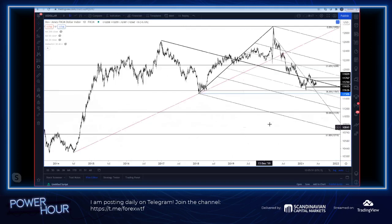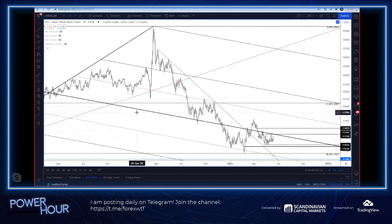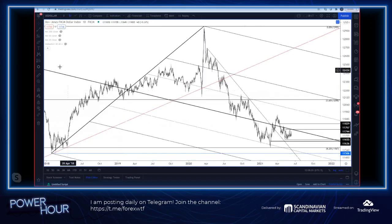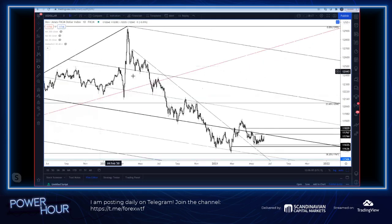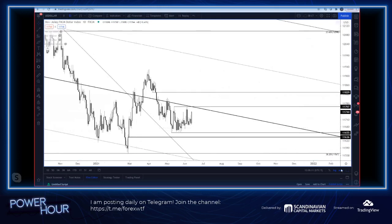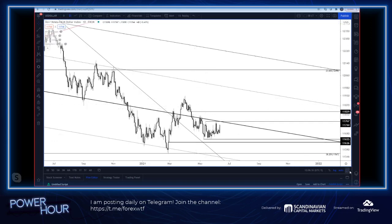Again, just a giant base. And the trigger for me, for a while, has been this center line, the median line of the pitchfork that originates back at that 2017 high. And we're very, very close to that. I believe it was last Thursday when we got close to it. Then the next day, NFP Friday, the market hit the dollar and banked everything. Then we went quiet this week until today, in which we are back on the bull train for the dollar. About 11,770 is the spot at which we start to maybe get something really sustained on the